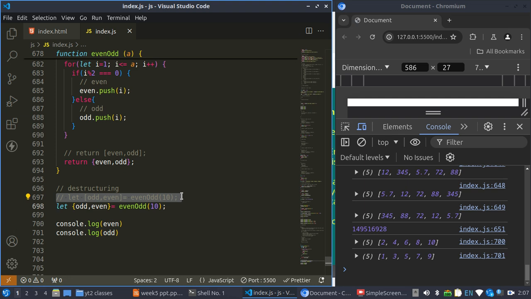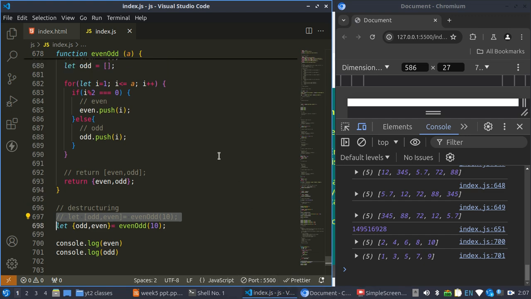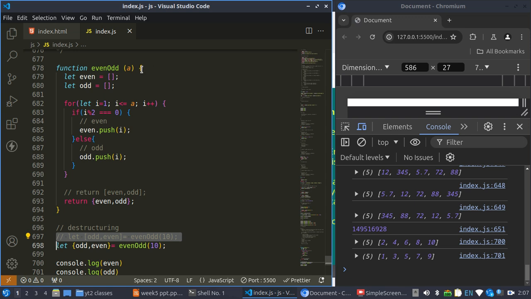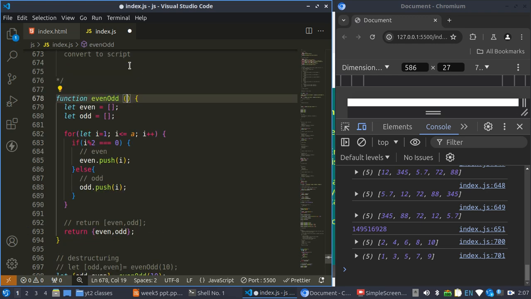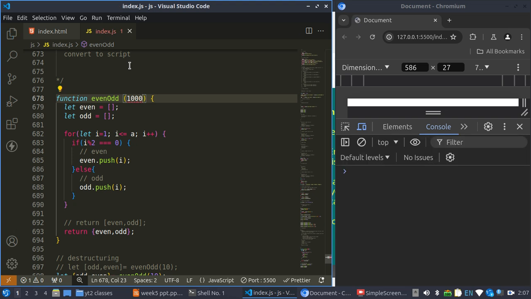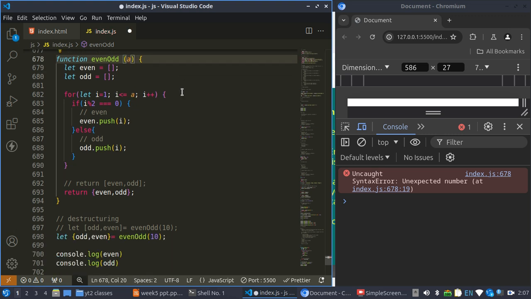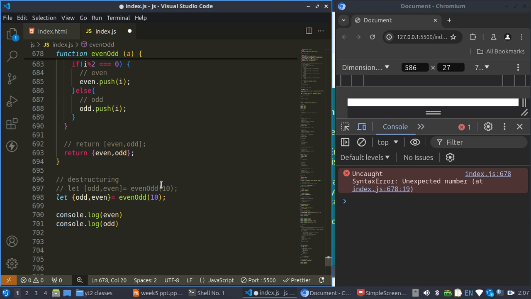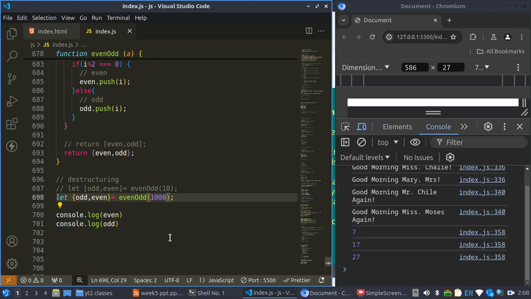So you see, by applying this algorithm, we are able to develop an algorithm that generates the even and odd number from a given number. So if I make this 1000, to see how efficient it is, it will have an error. So what is the error there? Oh, that is the function creation. So that is not meant to be a number. So if I make it out to be 1000,